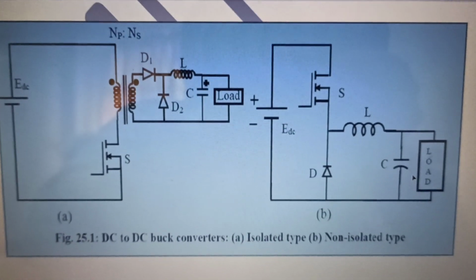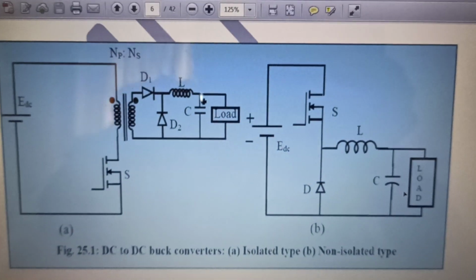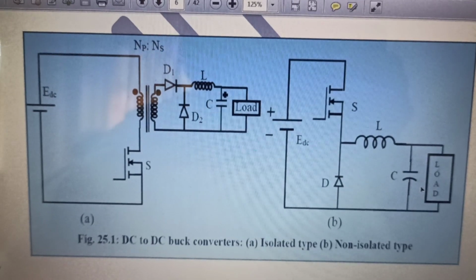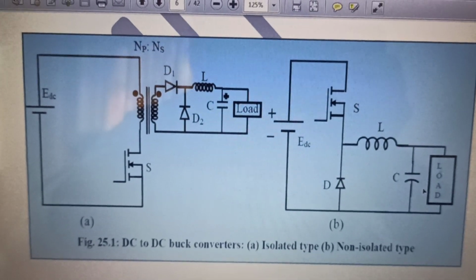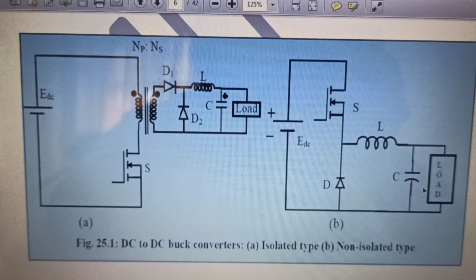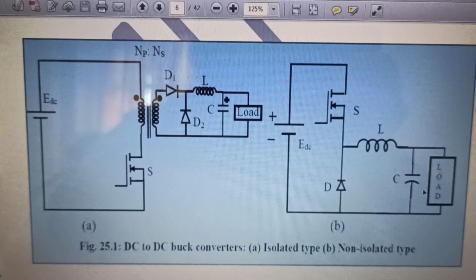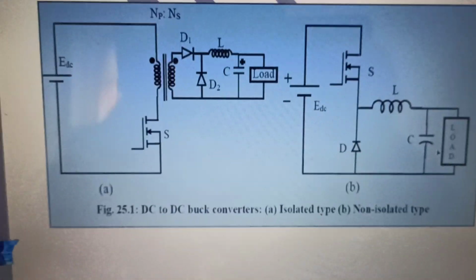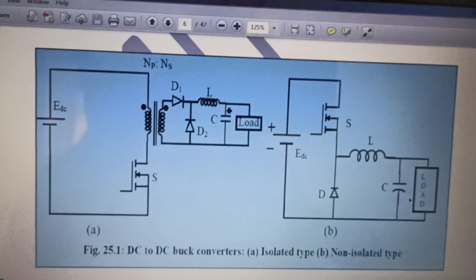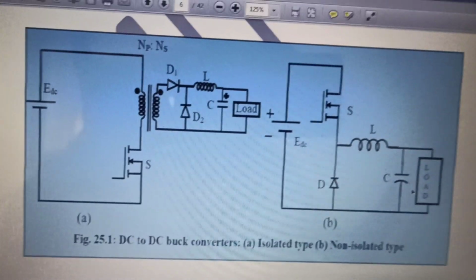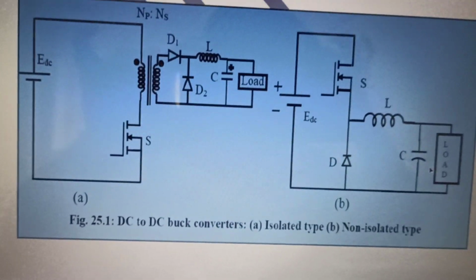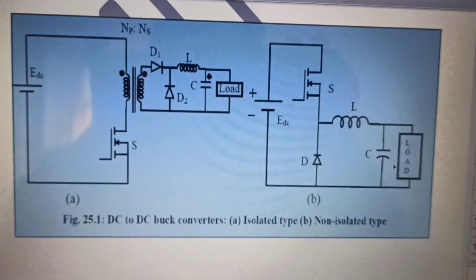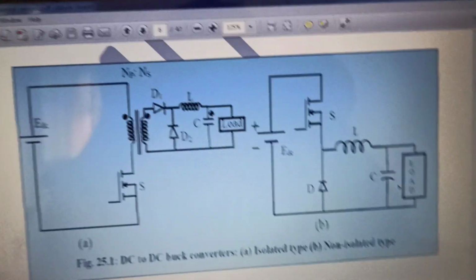So basically I would like to continue from the last lecture. In the last lecture we were discussing the power circuit diagram of a buck converter. I had explained how a transformer will operate on DC, what its role will be. Today we will analyze its waveform and carry on the steady state derivations.